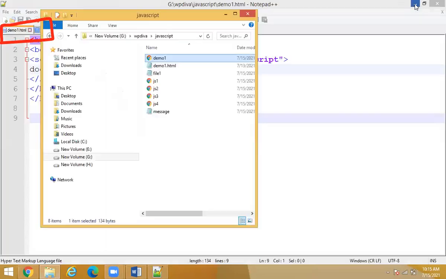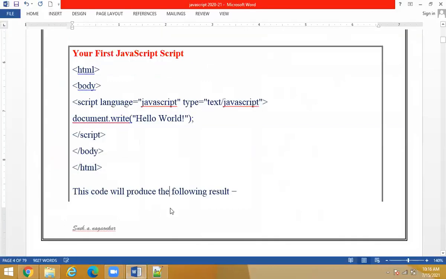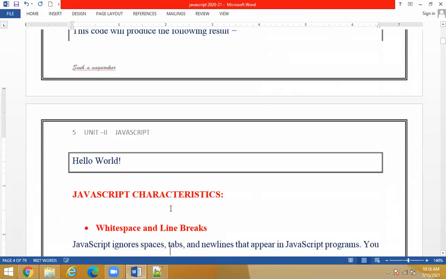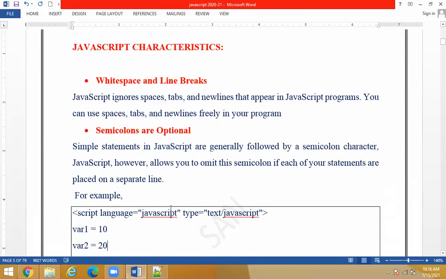So this is a simple code which you can write when it is asked in the examination. When they ask you about the default syntax of writing JS, just tell about this syntax. Okay, fine. Now let me go to the next part. See, so this is the output. Now let us see what are the basic characteristics of JS, or JavaScript.